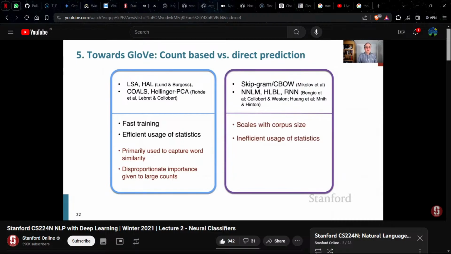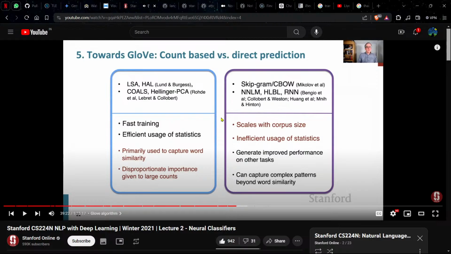Conversely, for the neural models, it seems like if you're just doing these gradient updates on windows, you're somehow inefficiently using statistics versus a co-occurrence matrix. But on the other hand, it's actually easier to scale to a very large corpus by trading time for space. And at that time, it seemed like the neural methods just worked better for people. They generated improved performance on many tasks, not just on word similarity,